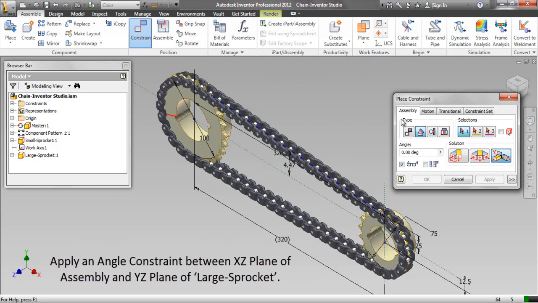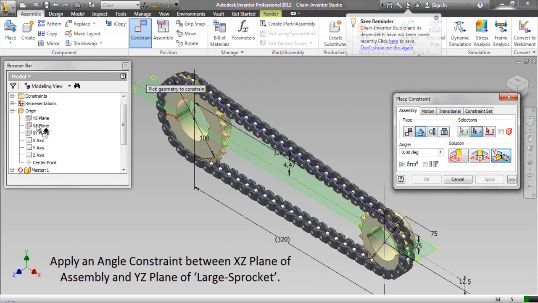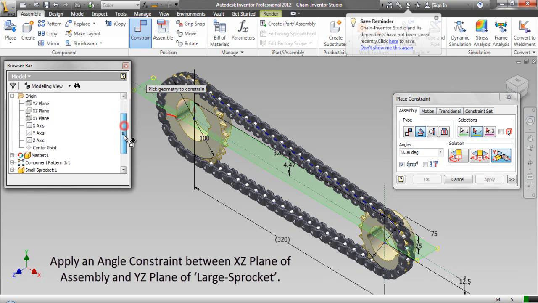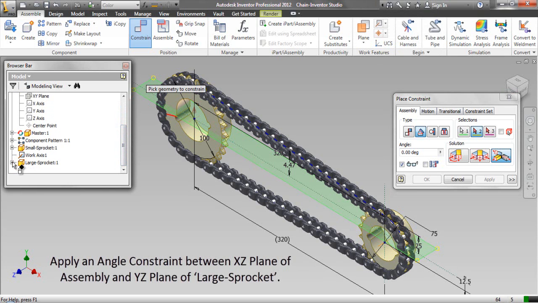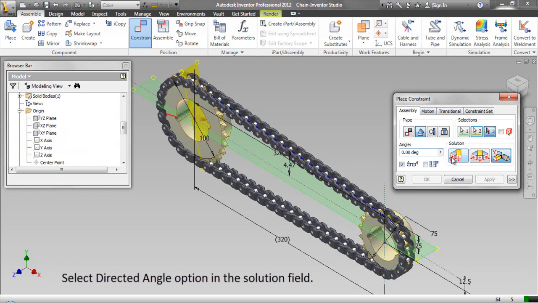Apply an angle constraint between XZ plane of assembly and YZ plane of large sprocket. Select Directed Angle option in the Solution field.